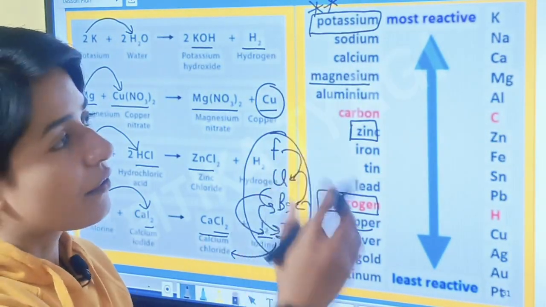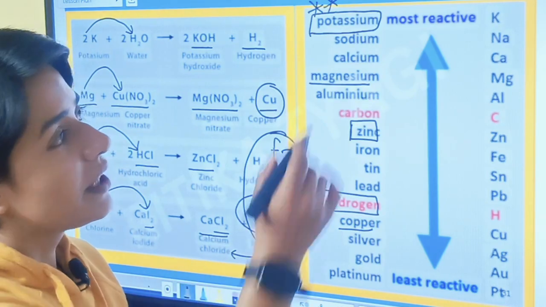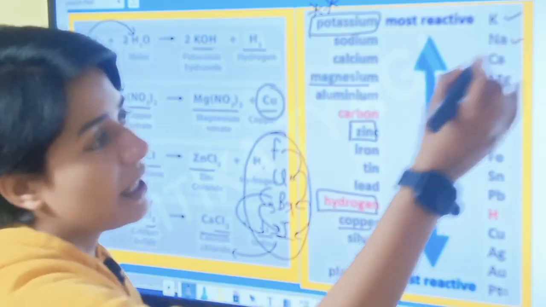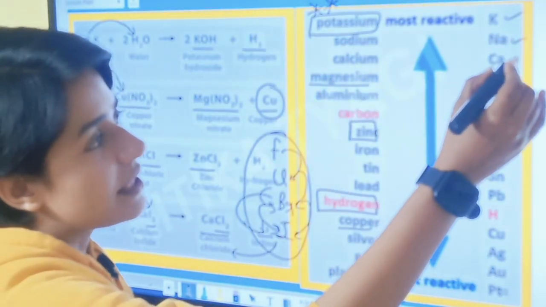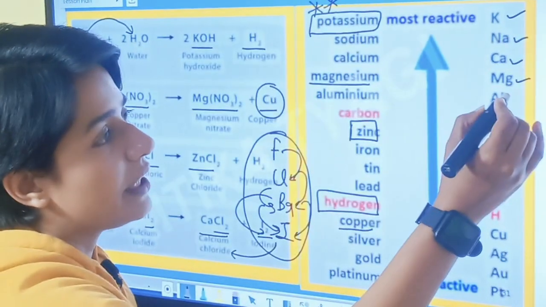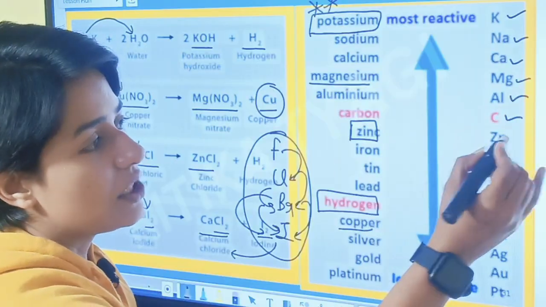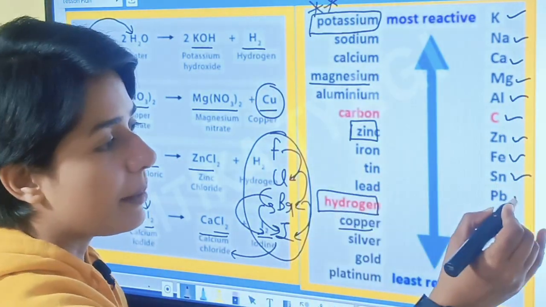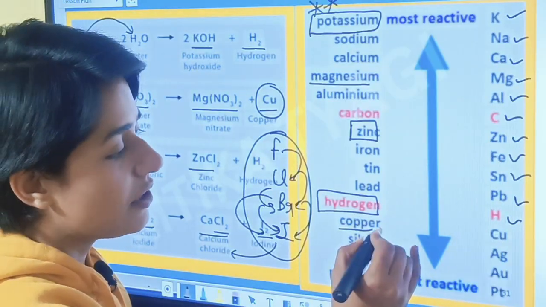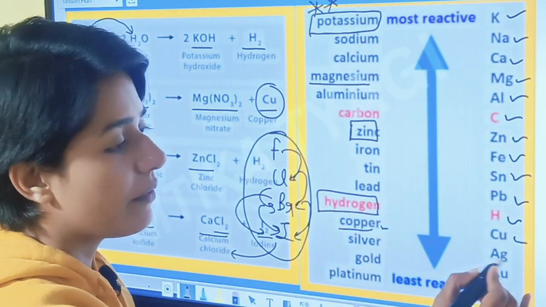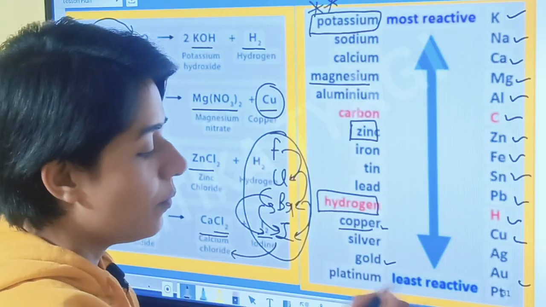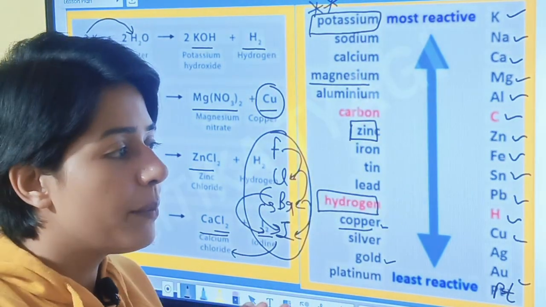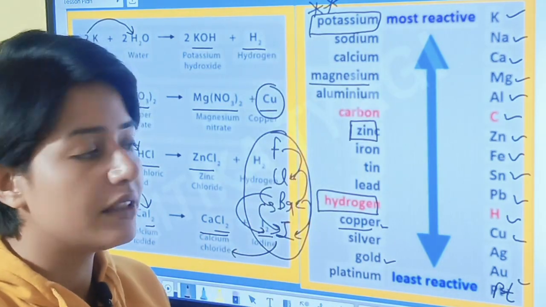Now let us take a look at the reactivity series of metals. Here potassium is at the top, the most reactive metal. Then sodium, symbol Na, calcium Ca, magnesium Mg, aluminium Al, carbon C, zinc Zn, iron Fe, tin Sn, lead Pb, hydrogen H, copper, silver, gold Au and platinum Pt. So the question is, how do we memorize this series of elements, this reactivity series